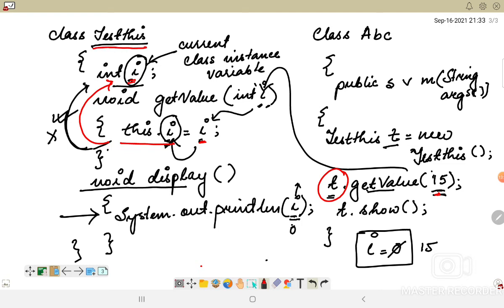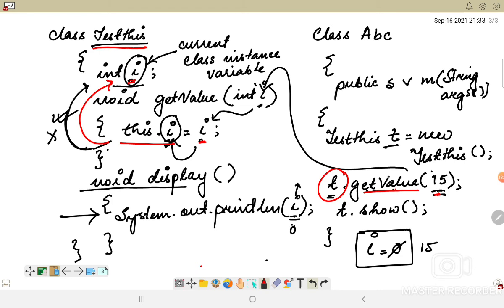Okay, now since I is referring to the current class instance variable, through this variable we are being able to access the value of this particular get value, right?